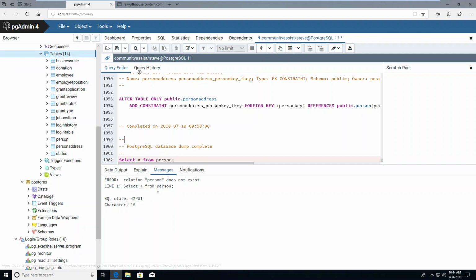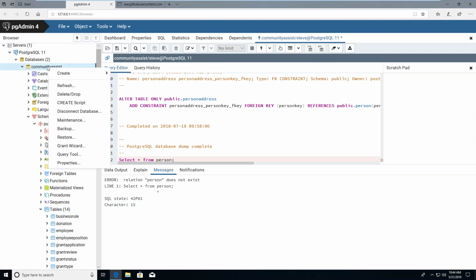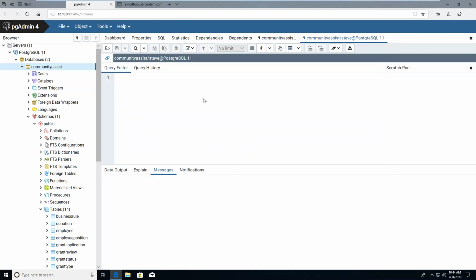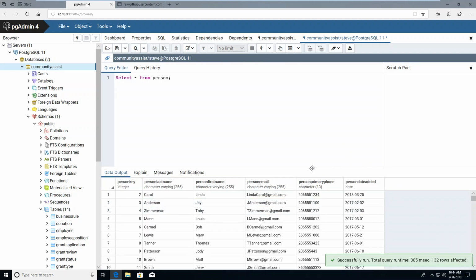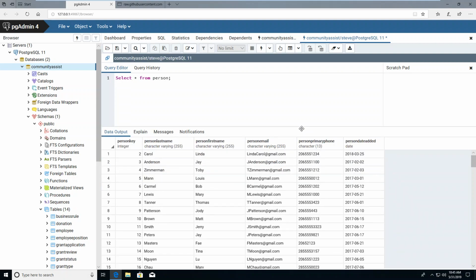All right, let's make a new window, new query tool, and we'll do the select star from person. This time it should work. It just needed to be refreshed. So there's the results of querying. Running that script, we created all the tables for the database, and we populated it with